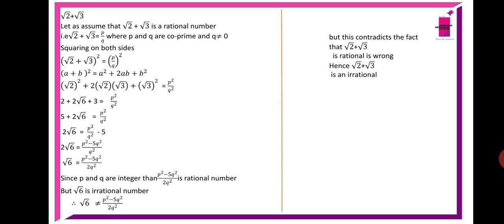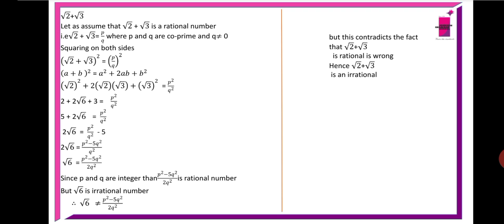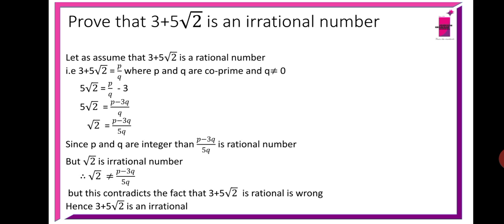So if it is given under root of a prime number, how to do? And if it is given in a plus root b format or root a plus b format, how we did in the second procedure, you can see here. You can see here, a plus root b format, if anything is there, sum of rational and irrational, how to do. And if it is the sum of both irrational numbers, there is a different method to solve.